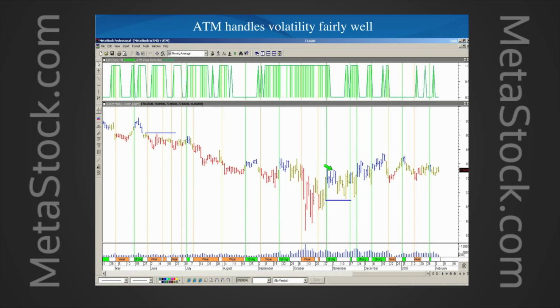Now, talking about the bit of being adaptive and responsive where needed, this is a great example which shows that. If we look towards the left hand side of the chart, probably if you could look at the areas of June, July, August, and you can see the size of the bars. If you look at the size of the bars somewhere in this area, the size of the bars are fairly small. The range of the bars is much smaller than the range of the bars, let's say in a month